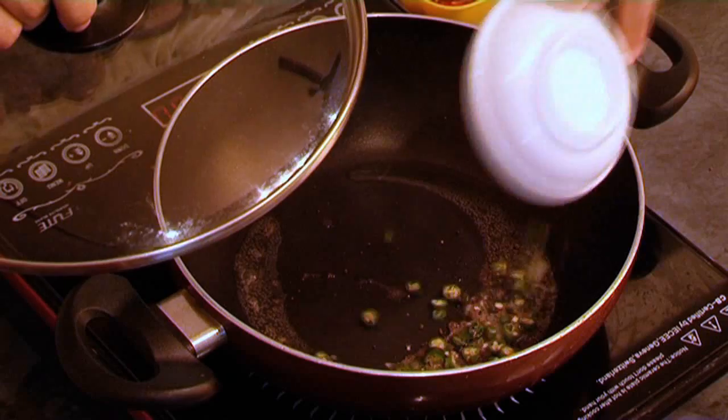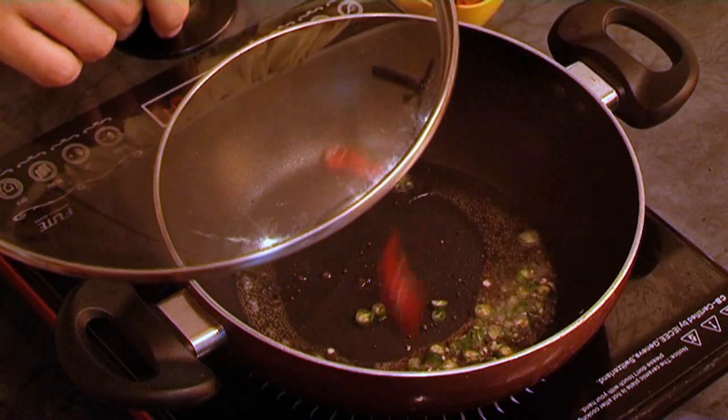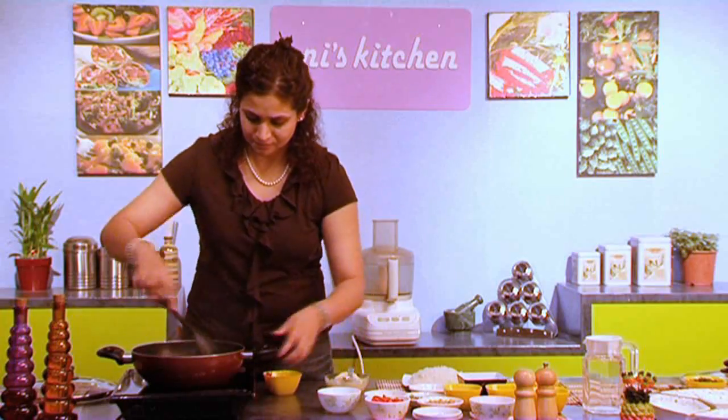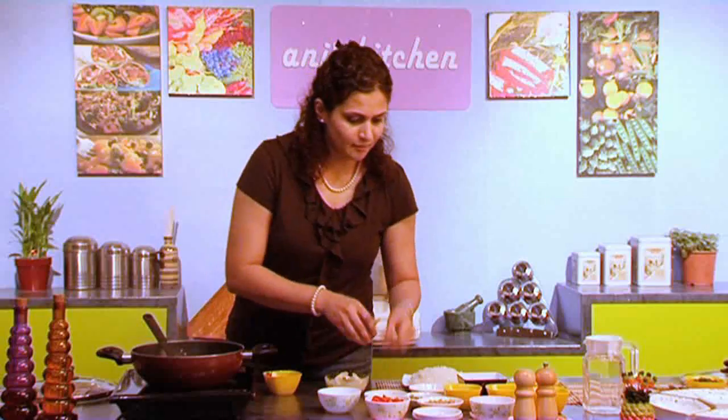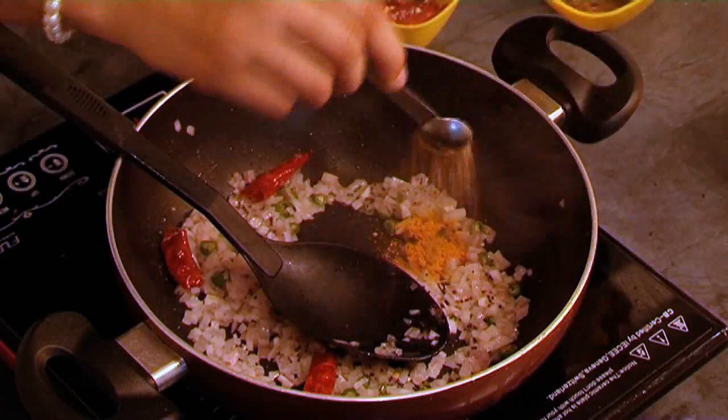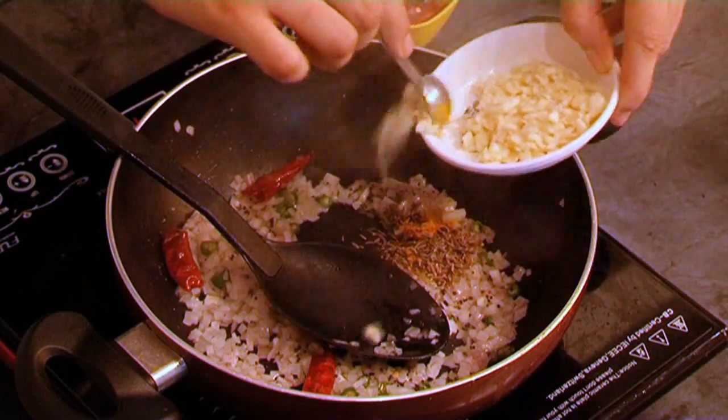I'm going to throw in my chili. The red chili again is optional. I'm going to throw in my onions. Give it a good stir. To this I'm going to add my dry spices, some turmeric, some cumin seeds, a very little bit of garlic,